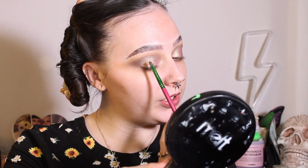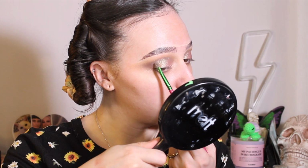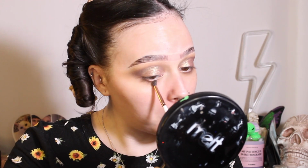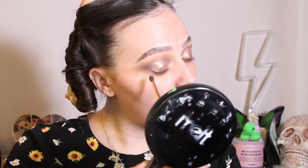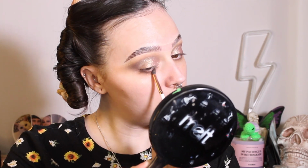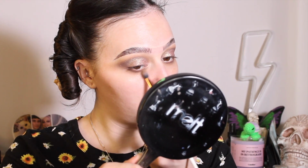So I am going to take a little bit more of Solarium and just focus on barely patting it onto what we blended, and it makes it look a little bit more blended than it was, but it doesn't take the sparkle away. So I'm going to touch up my lower lash line. I'm just going to take the same two shades from up top, just touch them up. I'm going to take this Makeup Shack T14 brush for the first shade, and then I'm going to take the big fluffy brush, the Makeup Shack T87 brush, use the lighter shade, blend it out,